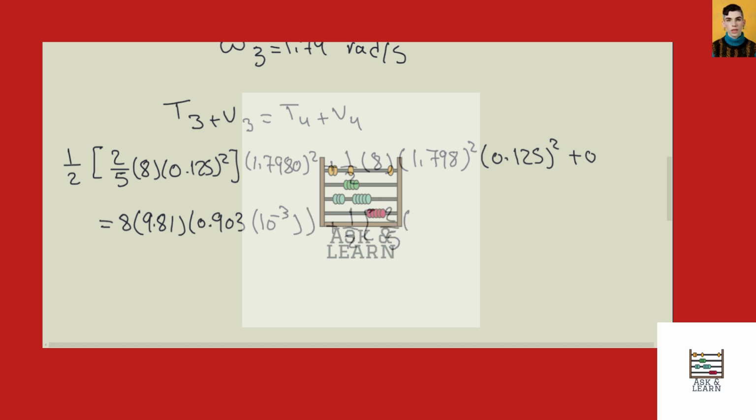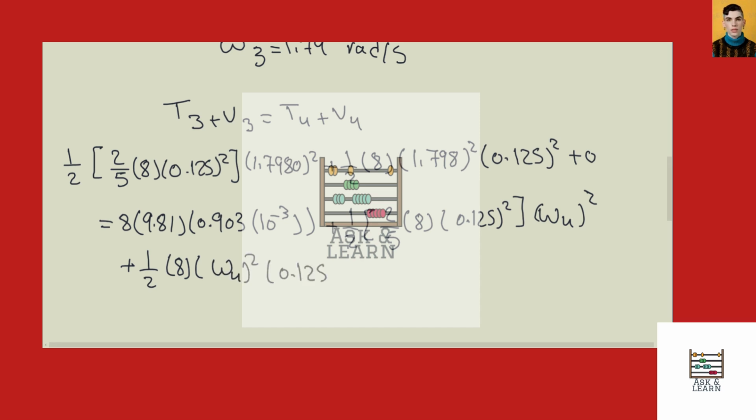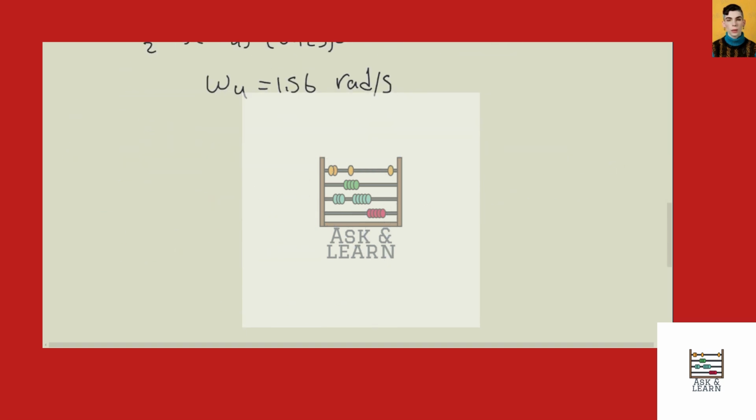multiplied by 2 over 5 times 8 multiplied by 0.125 squared multiplied by omega 4 squared, plus half times 8 multiplied by omega 4 squared multiplied by 0.125 squared. So from this equation, omega 4 will equal 1.56 radian per second. So that V2 will be equal to 1.56 multiplied by